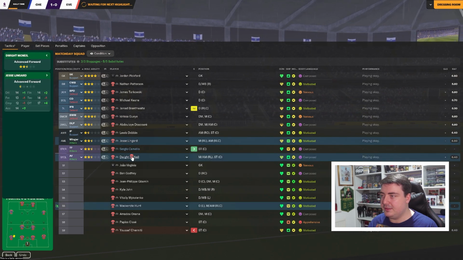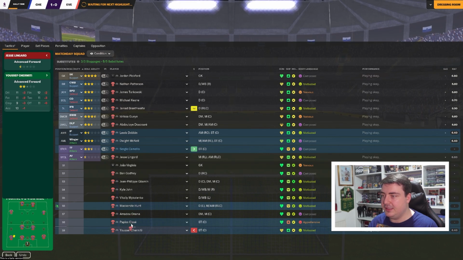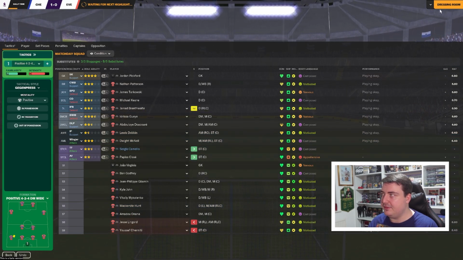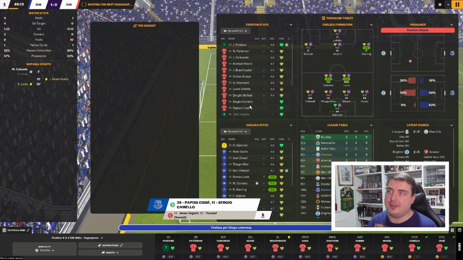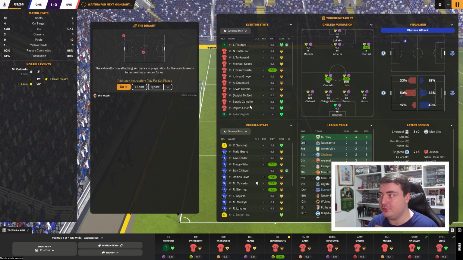We're going to bring Lingard off, sorry, and we're going to put McNeil up top and give Patrice Cisse his Everton debut. Let's see how it goes in the second half. And hey, if these two create the best ever Premier League partnership, the Cameo-Cisse partnership, then we are officially a Football Manager genius. But I'm not finding that terribly likely, but we are still